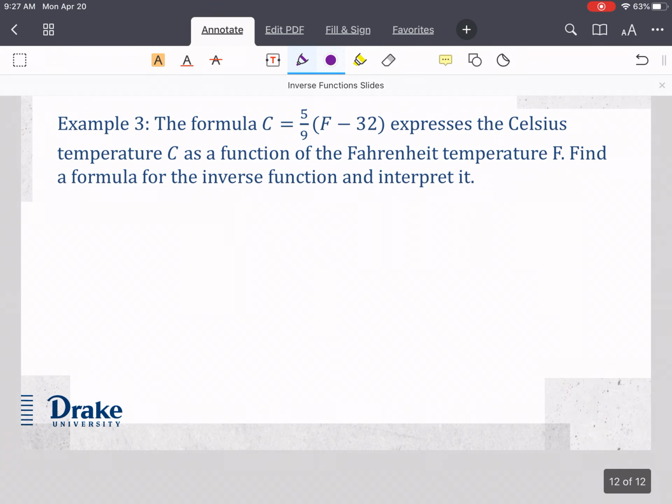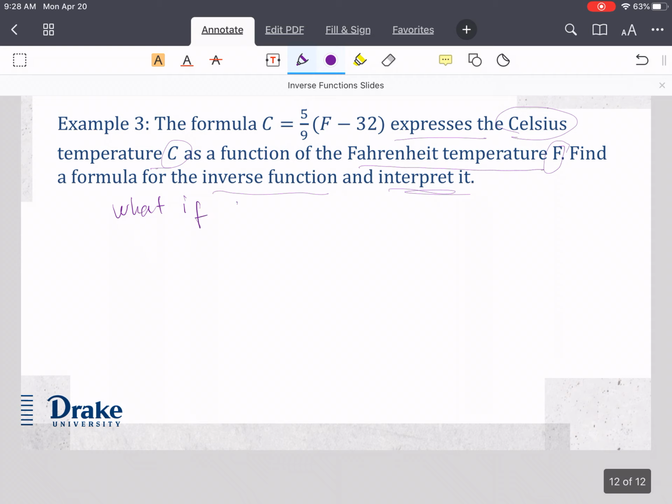Last example I have as following. The formula C equals 5 over 9 times F minus 32 expresses the Celsius temperature C as a function of the Fahrenheit temperature F. Find a formula for the inverse function and interpret it. In other words, this allows you to calculate Celsius based on Fahrenheit, but how do I calculate Fahrenheit based on Celsius? What if